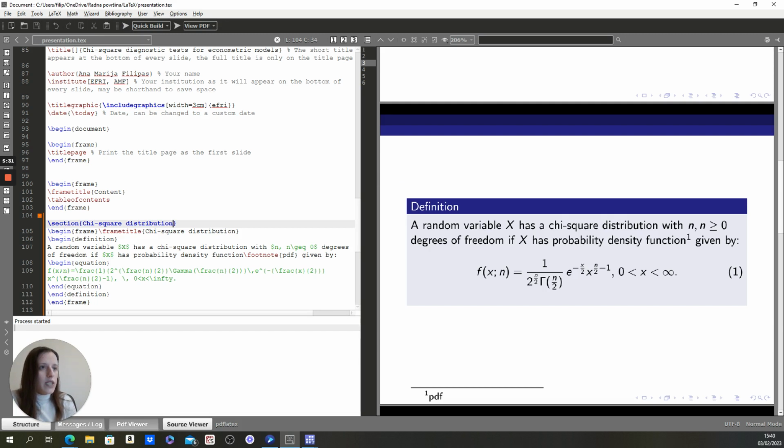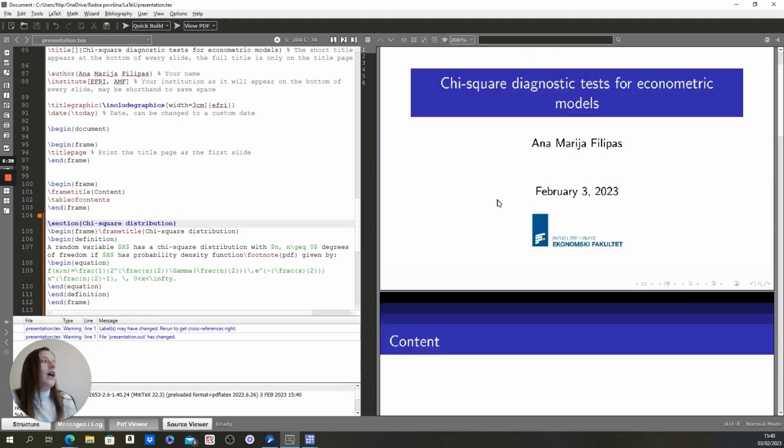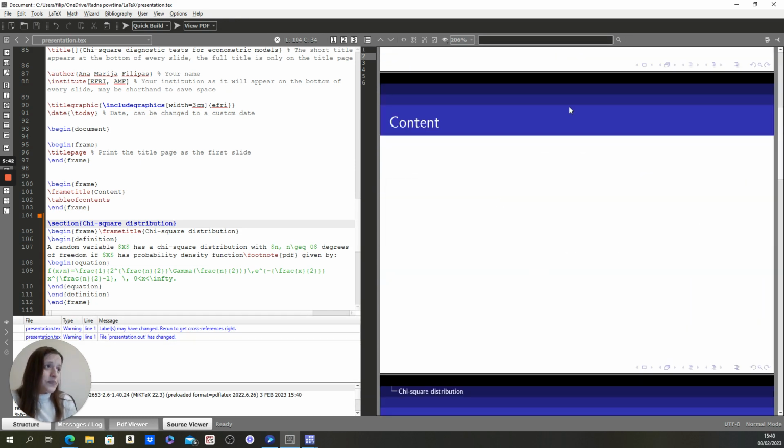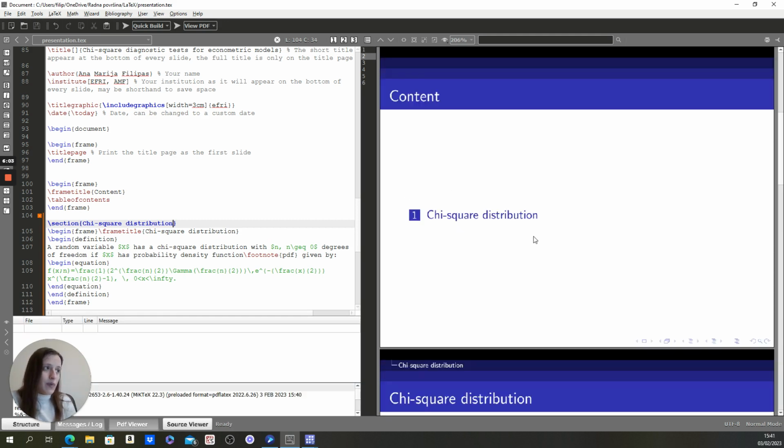After recompiling, you will see here chi-square distribution, then chi-square distribution as a section. If you go back here, we see that this is blank again, but if you recompile one more time, here our first section should appear, because in LaTeX you will need to recompile two times to get your newest content. So here we have chi-square distribution. These are some basics of how to do a presentation in